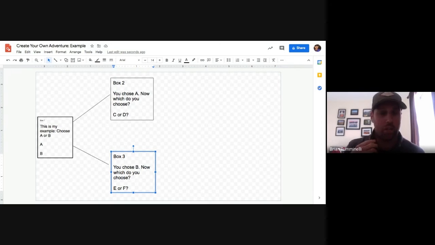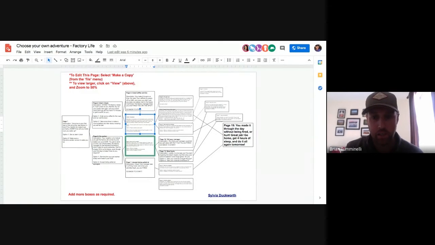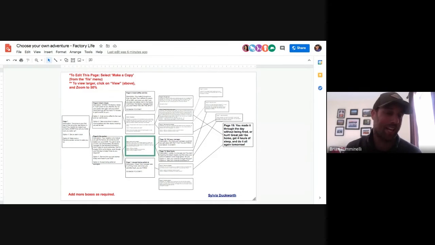Okay, so once you are done building, once you're done and set up and you've built something, I'm going to go back to the factory life again. You can see here's my factory life page. See what it looks like. It looks pretty complex where it goes. It's really not that complex. Again, if you label everything,